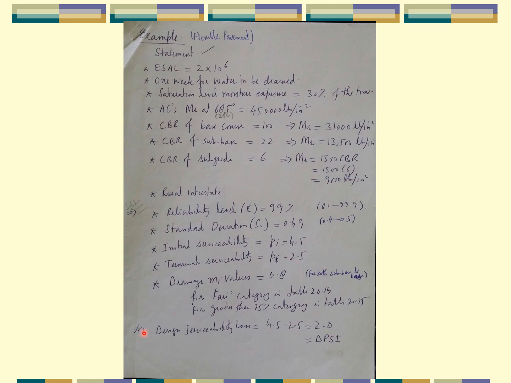The design serviceability loss, that is 4.5 minus 2.5, that is 2. This is the initial present serviceability index, this is the terminal, so the difference is 2. So this is delta PSI. Now here you can see the cross section of the pavement, and you can see that